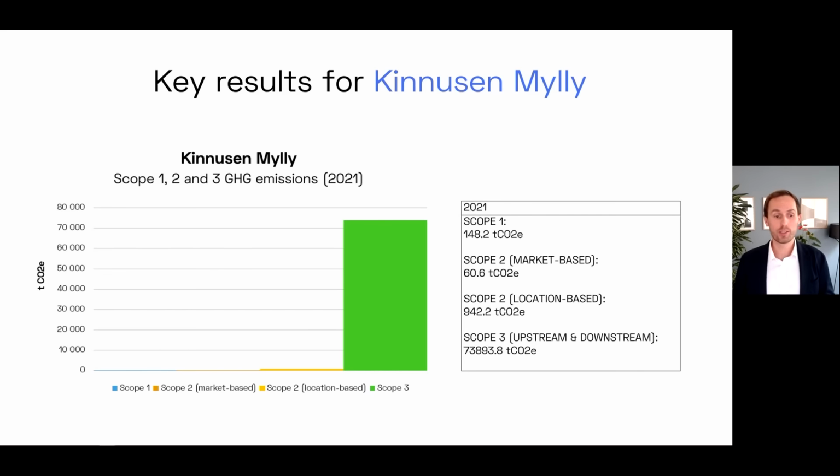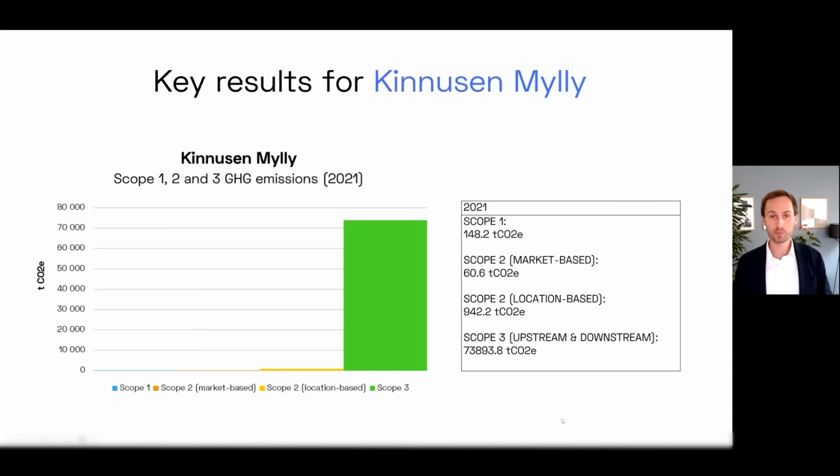In terms of scope 2, there is a very large difference between whether we look at the market-based or location-based approach. In the market-based approach, Kinnusen Mylly has its own energy production, mainly based on biomass burnt from the grain wastes at their mills. So this is a renewable and low emission energy source. For their location-based emissions, the substantially larger emissions result from the utilization of a national average for grid electricity purchased